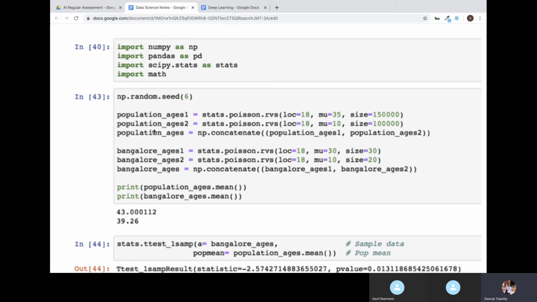Now the next one is np.random.seed. Here I am going to generate my own data sets, a population data set and then a sample data set. Whatever data I generate, the values will be random, just random values within a range. Whenever you pick random values, we can also set the randomness. Setting the randomness means, suppose it picked for me four random values, 1 3 5 7.